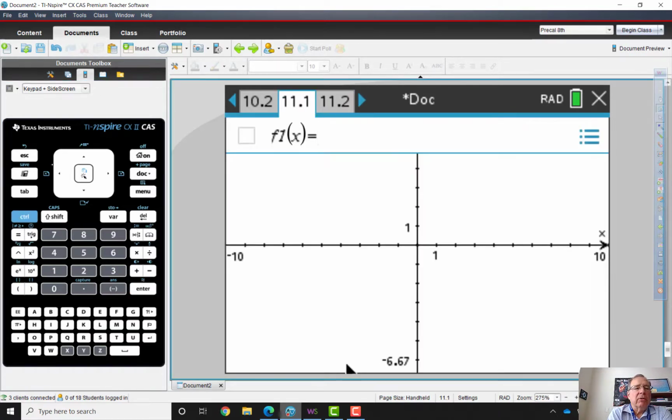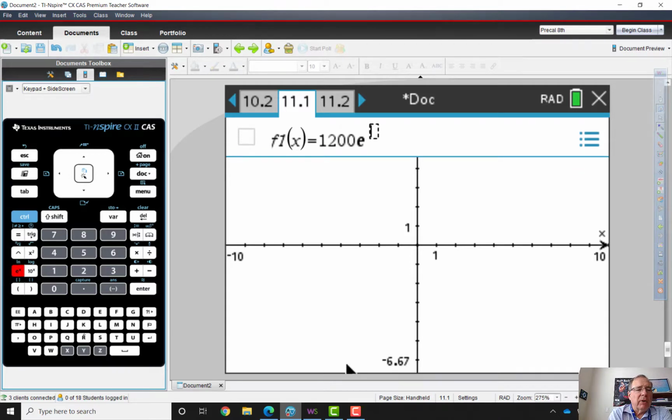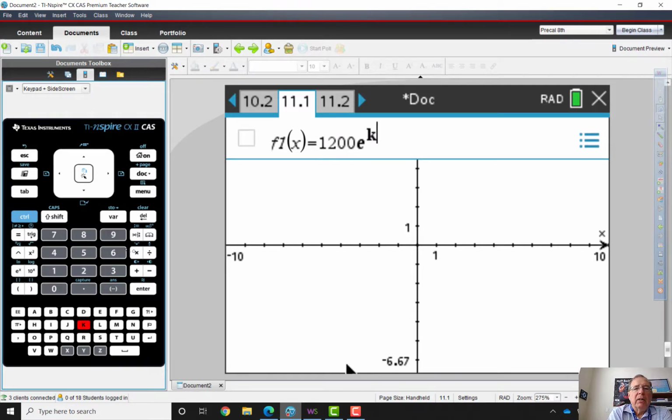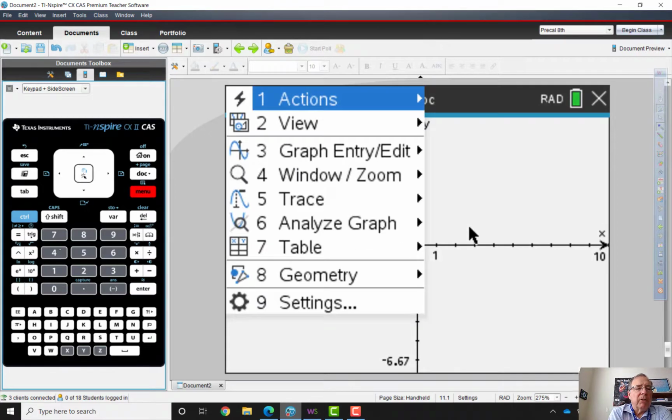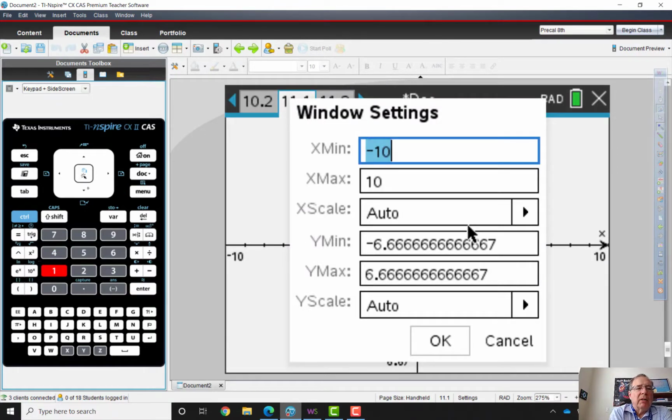I'm going to go back to the graph. 1,200 e to the power of k. And then my variable here is not t, it's x, so k times x. And I hit enter, don't see anything because I need to change my window. So menu for 1, I'm going to go negative 10 hours to say 100 hours by 10, and say negative 20 to,